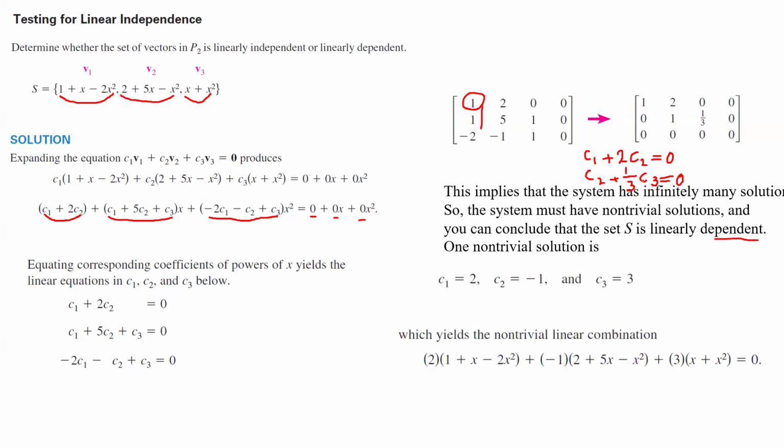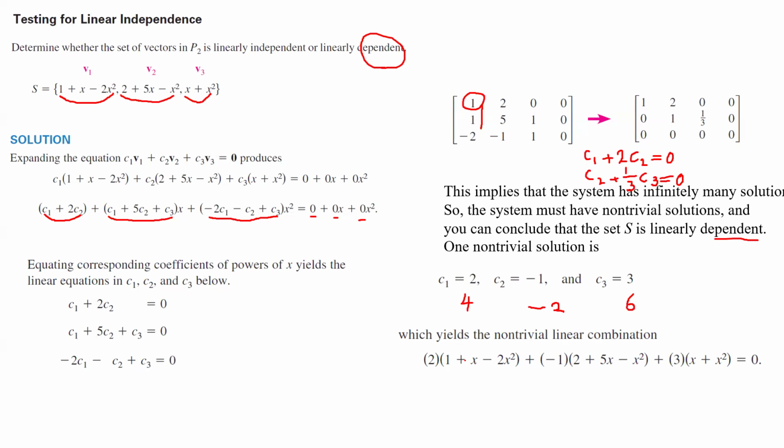You can take this guy to be, for example, 6 for simplicity. If C3 is equal to 6, then C2 becomes -2. And then here you get C1 minus 4 equal to 0, and this guy becomes 4. So you get another linear combination of V1, V2, V3, which is equal to 0, but these C values are non-zero. So basically that shows they are linearly dependent